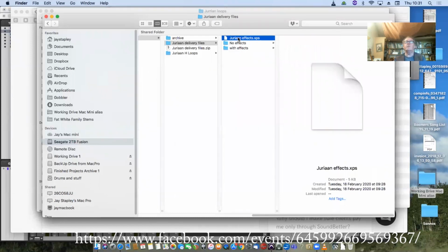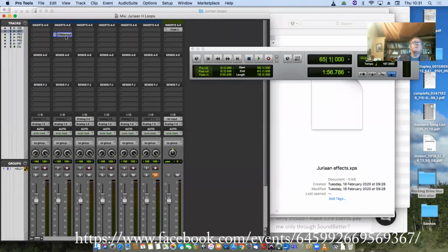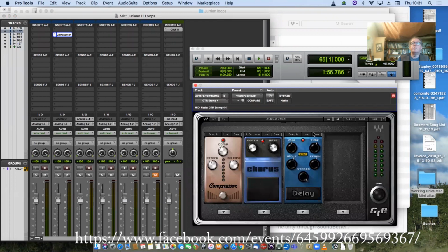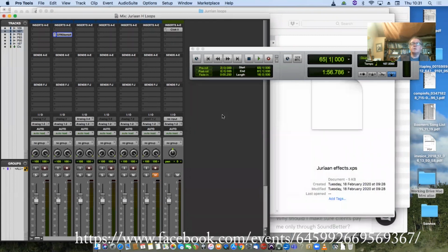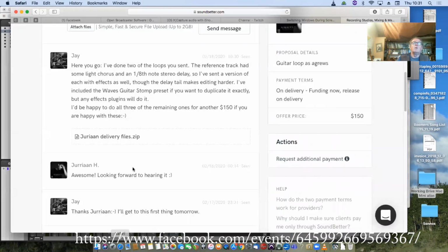And I also sent him the effects, the plugin settings. So the settings of all these chorus, delay and compression. So I've included the Waves Guitar Stomp preset if you want to duplicate it exactly. And then I go, I'll do all 3 of the rest of them for another 150 if you're happy.